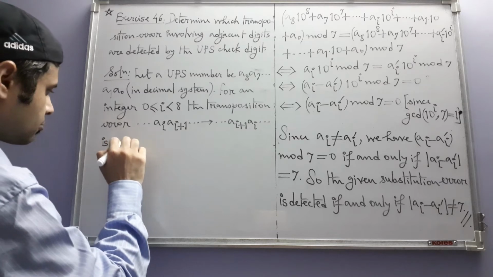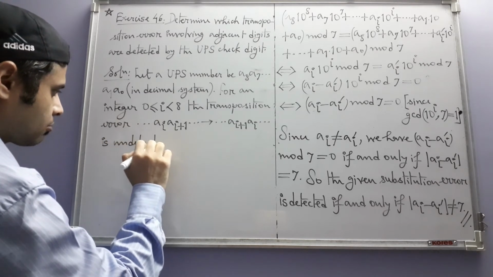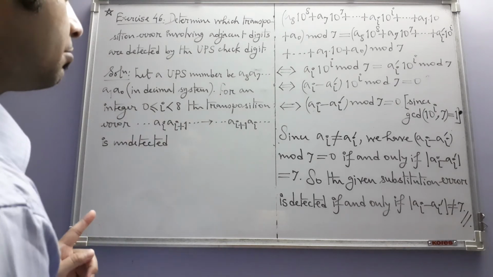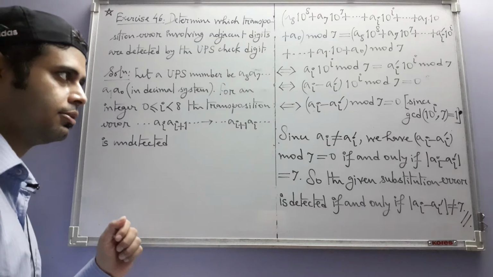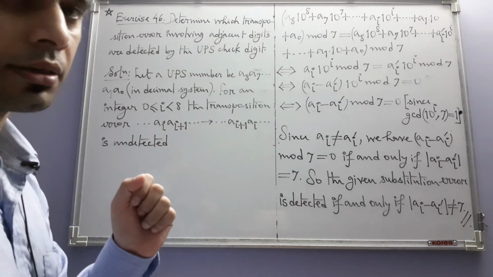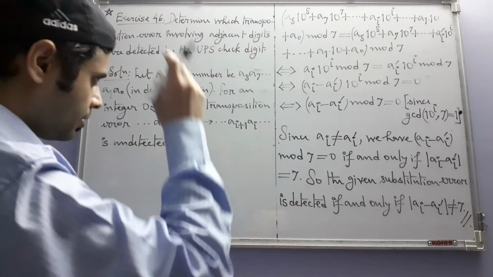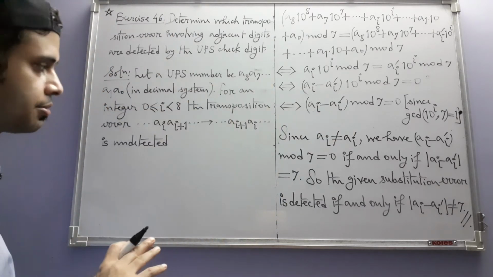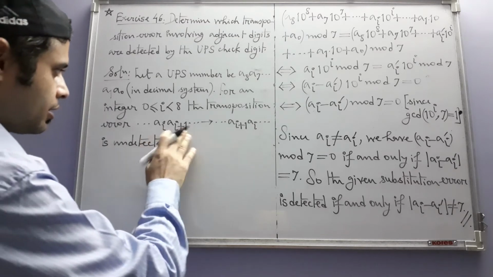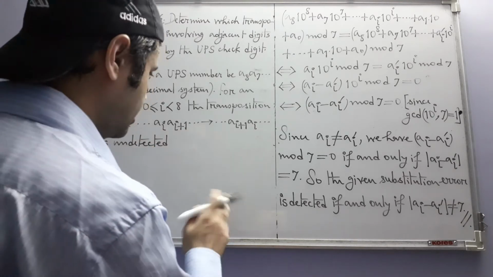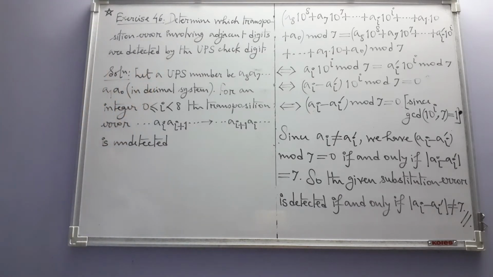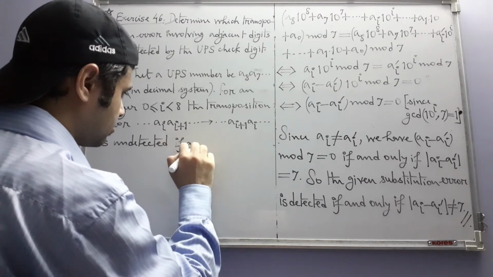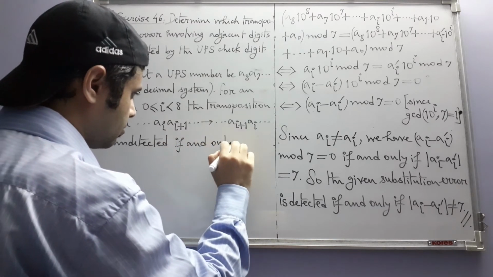Is undetected. So previously we did not have transposition error, previously we had substitution error. Okay, that is something different. In place of a single digit we brought in something else, but for transposition we are transposing or interchanging the places of two adjacent digits. Okay, so this is undetected if and only if